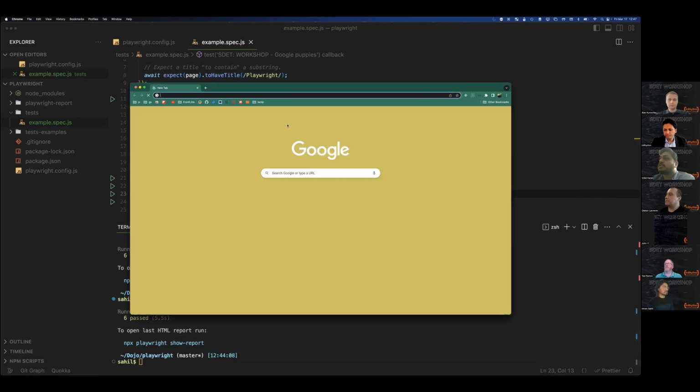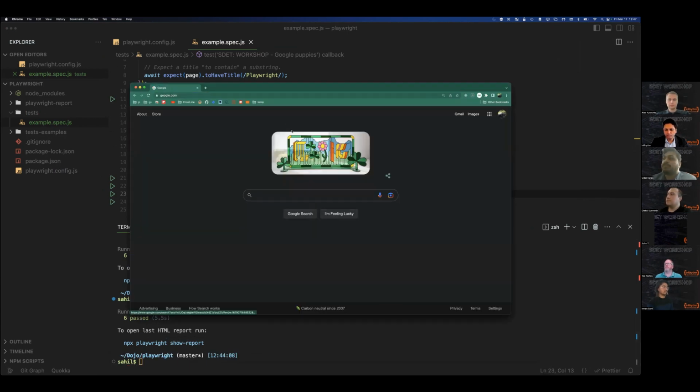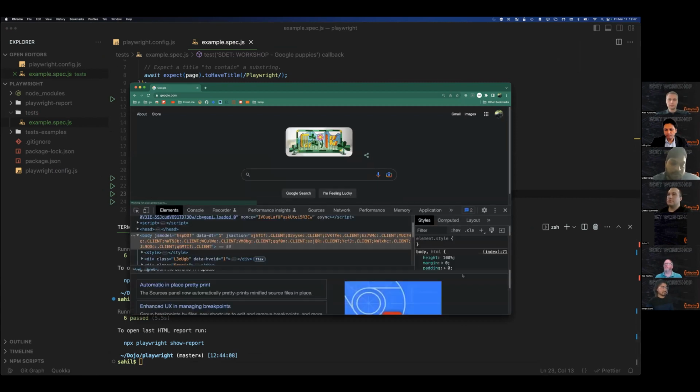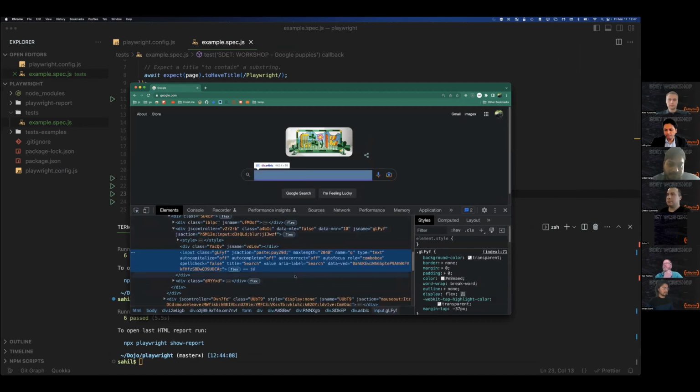Yeah, so we could actually do it by role. Yep, if you inspect it, you can see it has the attribute name role.